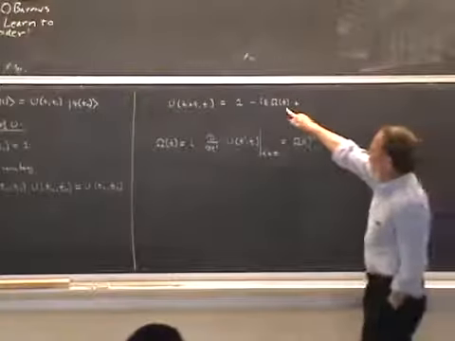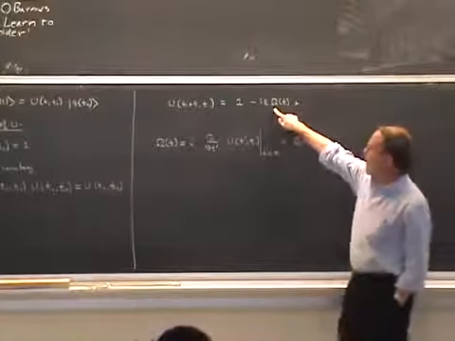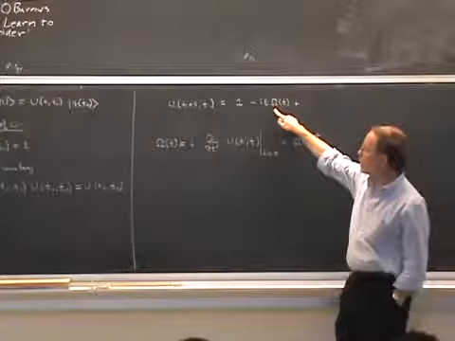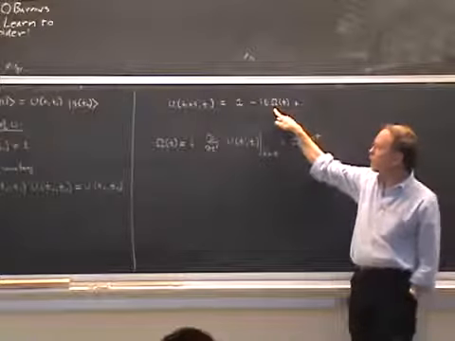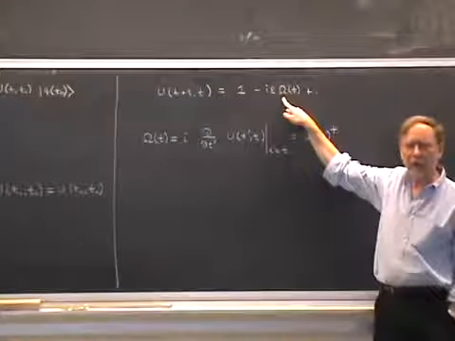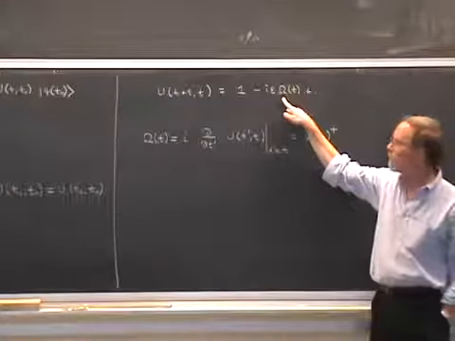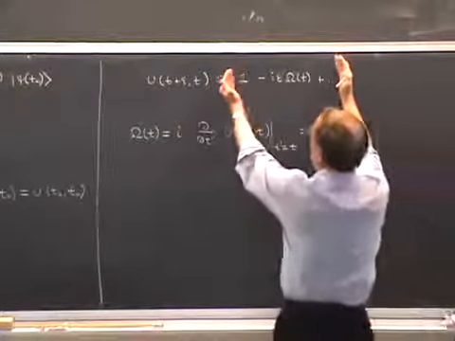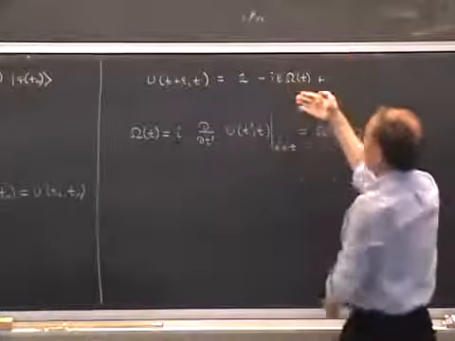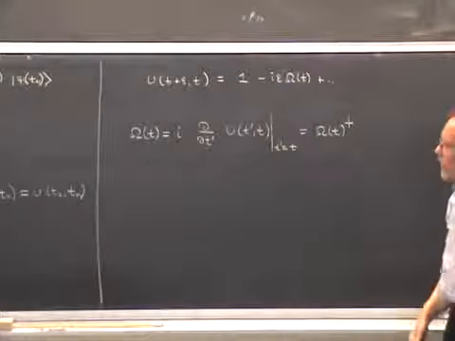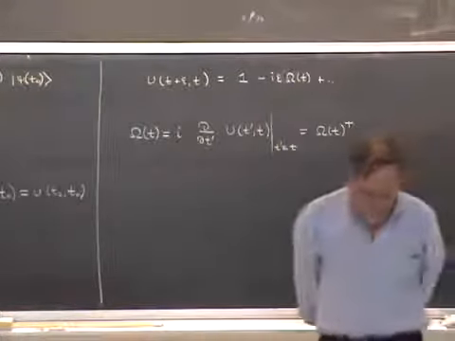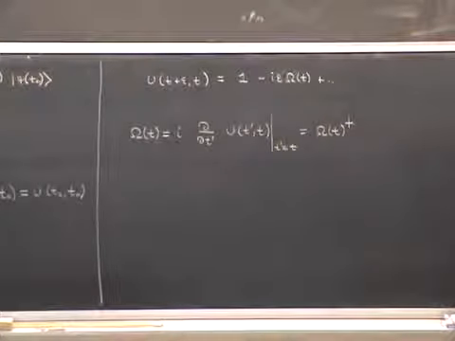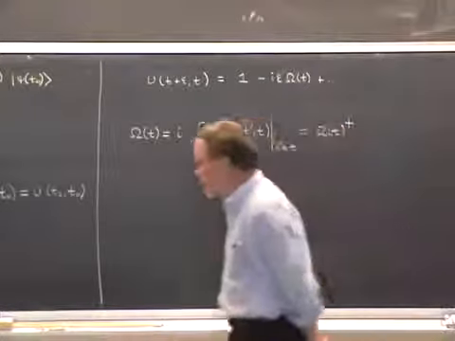Because of this relationship here, we say, this is just language, that omega is the generator of time evolution. What it means is that it's a Hermitian operator which is responsible for carrying out an infinitesimal time evolution. You want to move the state forward for a small time, you just need to act with this operator. One, of course, is trivial, and the omega here is Hermitian. That will take you from psi at one time to a small increment in time later. So the language is omega is a generator.